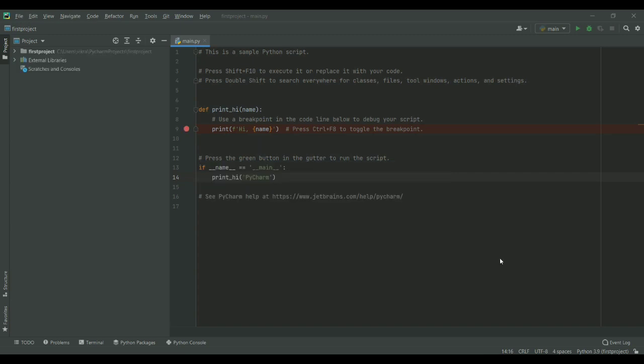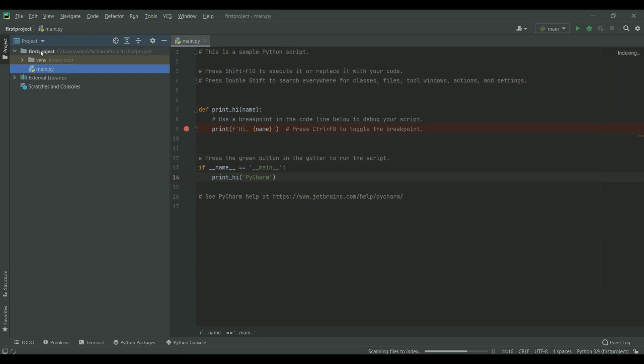In PyCharm we previously created this first project, and under that we have a main file in which we just printed hi PyCharm. So we will just edit that project, or we'll create a new file.